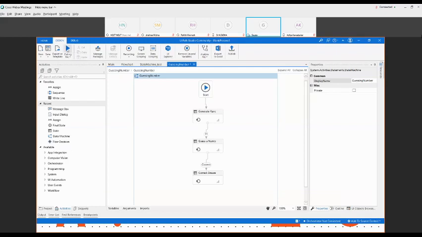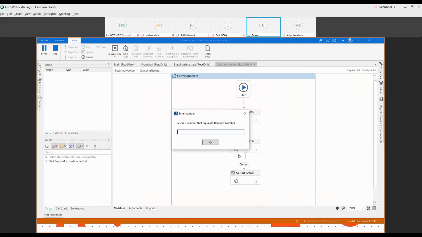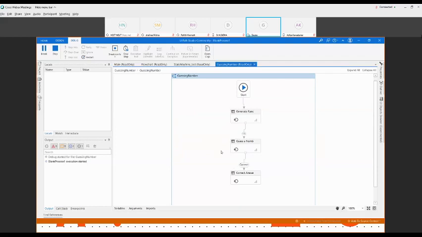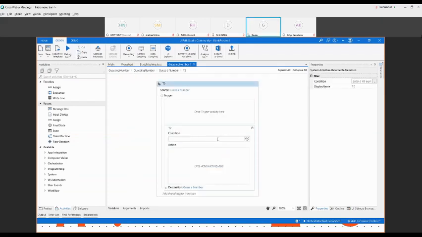If you want to run it, I can just show you by running this, but it's very hard to identify whether it is correct or not. Okay, it was stuck because we haven't handled the other conditions. So you have to stop it, because if the number is not correct, then what will happen? Now we have to mention other conditions. If the condition is not true, then what do we do here?